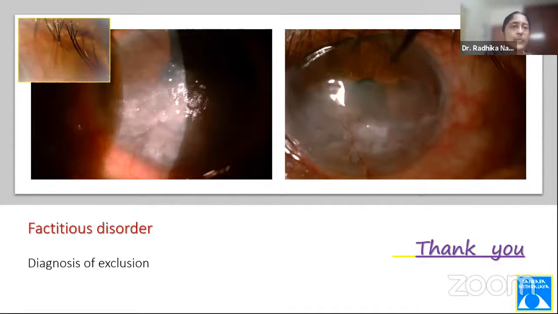It turned out that he was putting sanitizer gel in the inferior fornix to avoid his online classes, and prohibiting this access by admitting the patient and giving both supportive treatment as well as supportive counseling can help in resolution, because factitious disorder, if proven in a confirmed manner, can spare the patient of long-term and hazardous therapy unnecessarily. So with that, I conclude my presentation. Thank you so much for the opportunity.